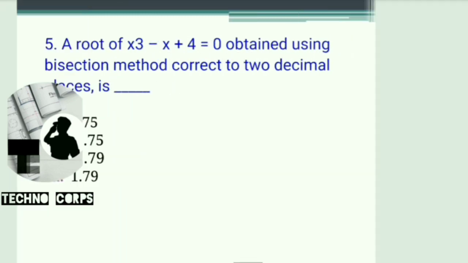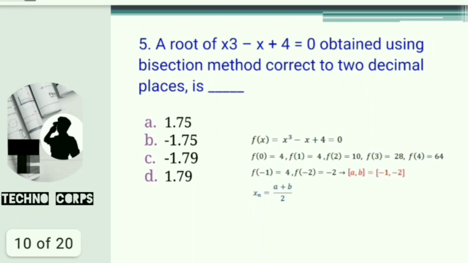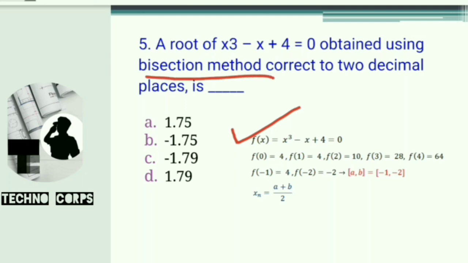So let's have a look at the solution, because we have to go with the bisection method. We have to get the values of a and b, that is the starting interval. So how can we get it? By random check, that is by putting x equals 0, 1, 2, 3, and where we get the opposite nature of the solution, we will take that interval. For the complete solution of the bisection method, you can watch the video on the bisection method. That video has been prepared separately.